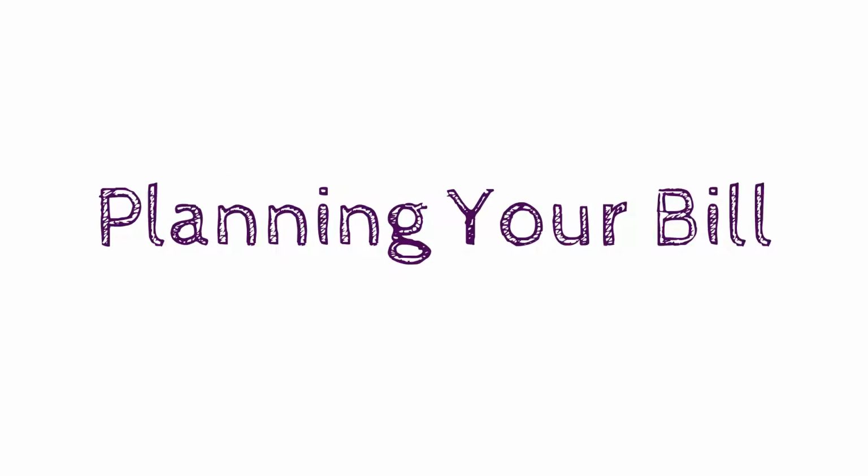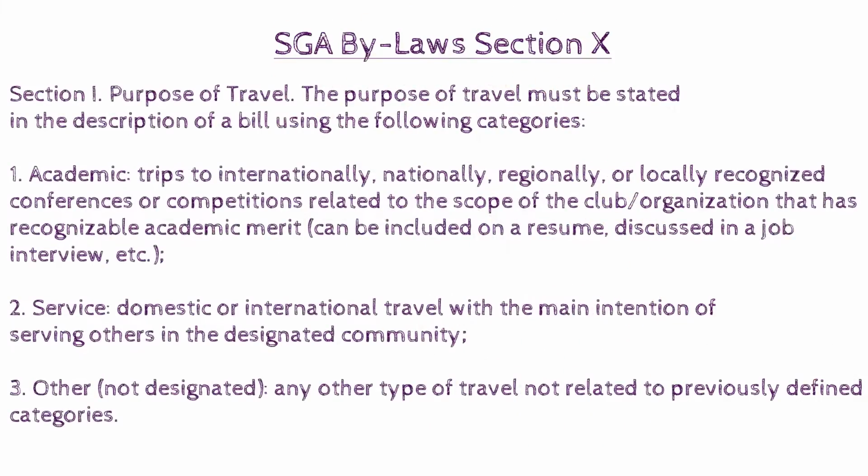Step 1 is planning your bill. Section 10 of the SGA bylaws is known as the Travel Guidelines. Section 1 of the Travel Guidelines discusses the purposes of travel that SGA will fund. The purpose of travel must be stated in the description of the bill using one of the following categories: academic,